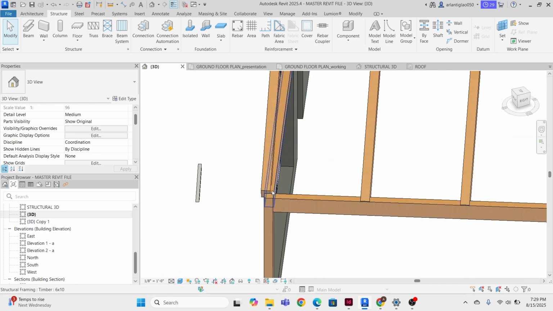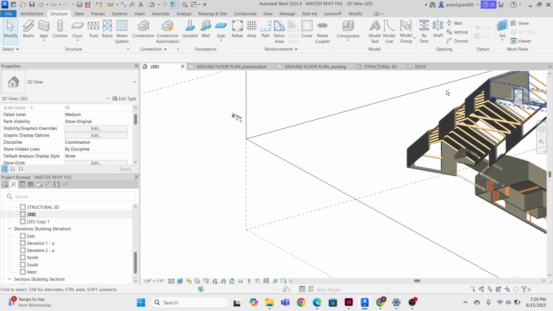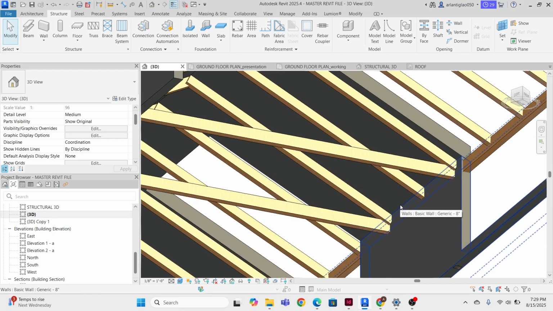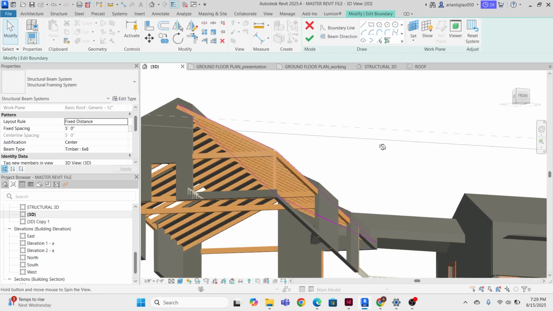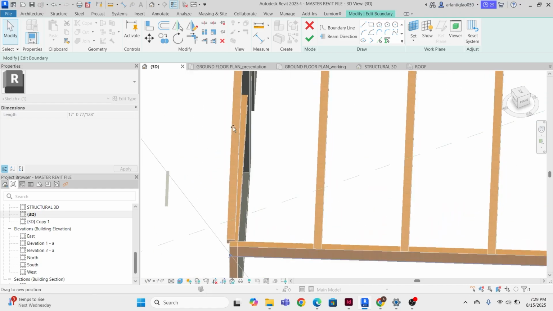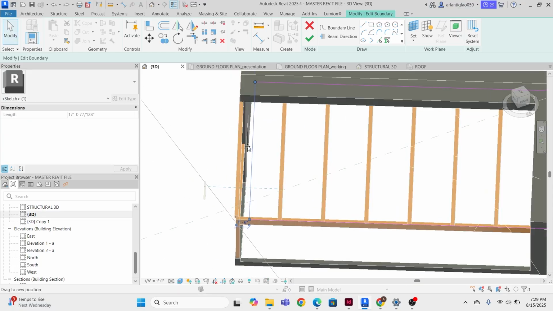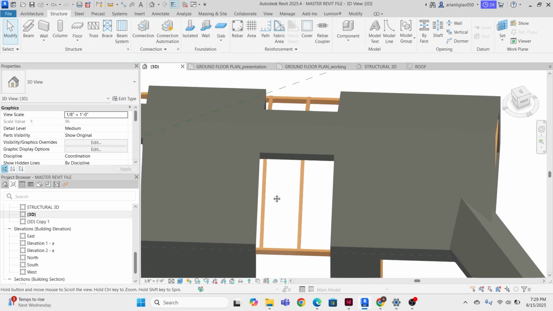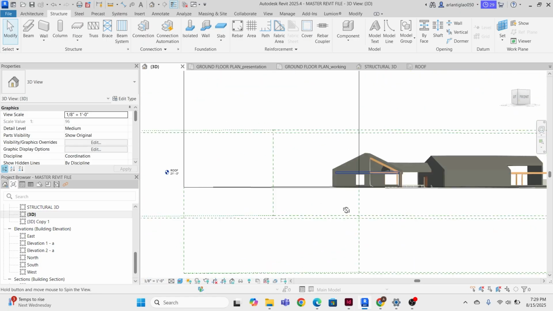If it's not aligning how I want it to be, I can always click on my beam system again, if it'll allow me to, and adjust the boundary to be on the inside face of this, and the inside face of that. Then my beams should be aligned right here. Oh,